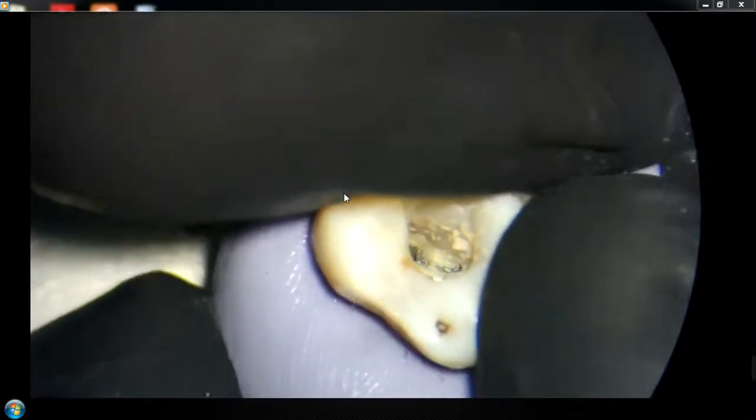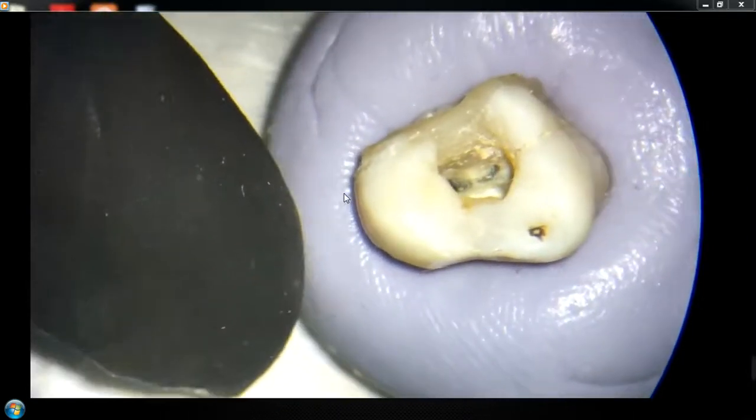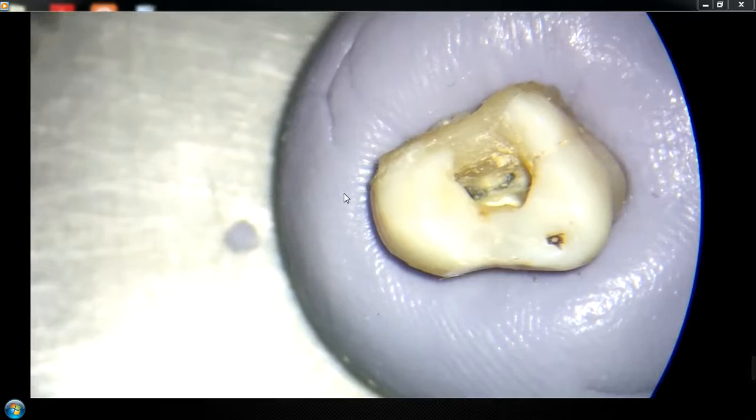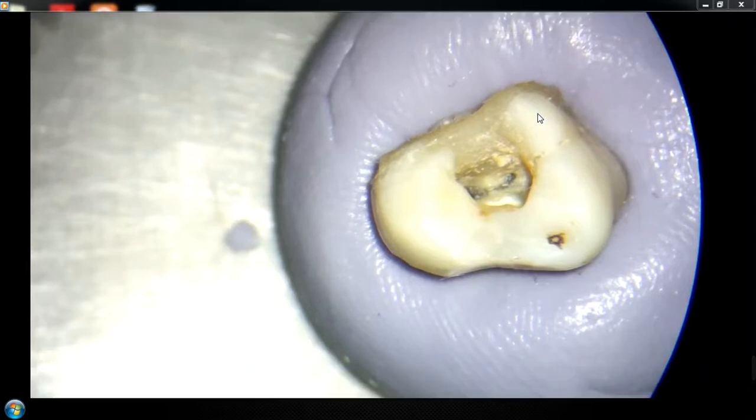Coming to another example, if you see a maxillary molar, I am showcasing here that this buildup is available. In future programs or modules, I'll definitely show you how to make a buildup and what the validity of an endo buildup is. I'm sure it will help you.